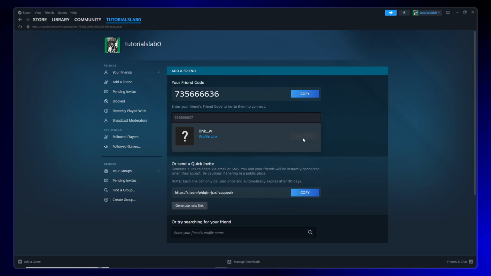This will notify the person that you'd like to connect with them on Steam, and once they accept, you'll be able to see each other's online status, game libraries, and communicate directly through the platform. And that's it. You've successfully sent a friend request on Steam using a friend code, making it easier to connect with gaming friends